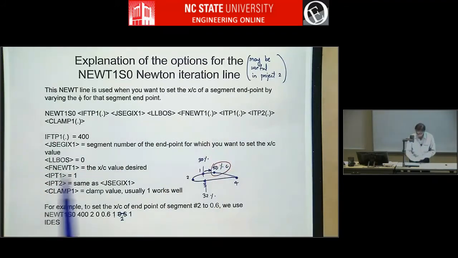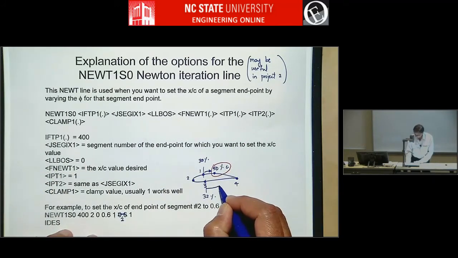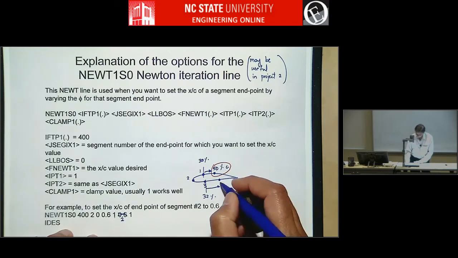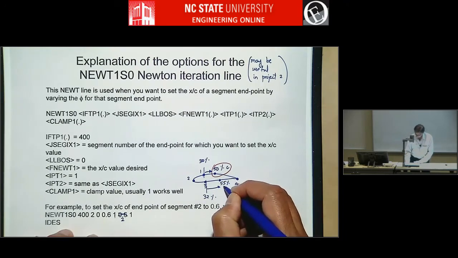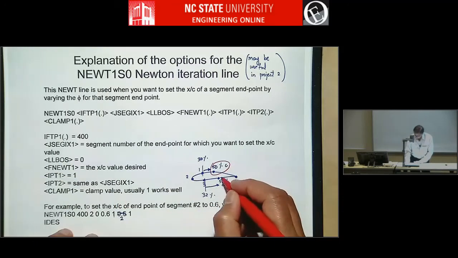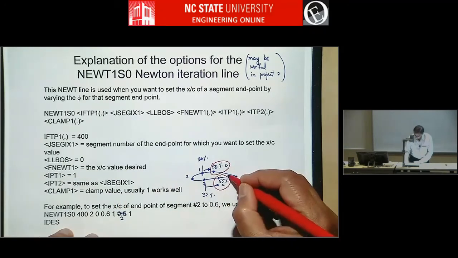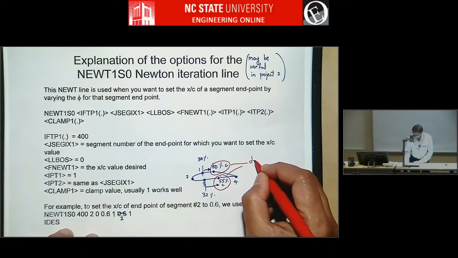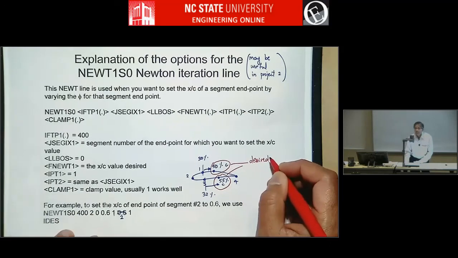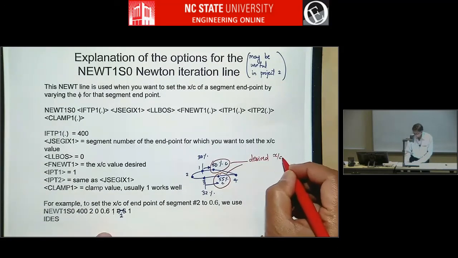And let's say I want to move this to 55. So this is the new location. So these two are desired X over C values